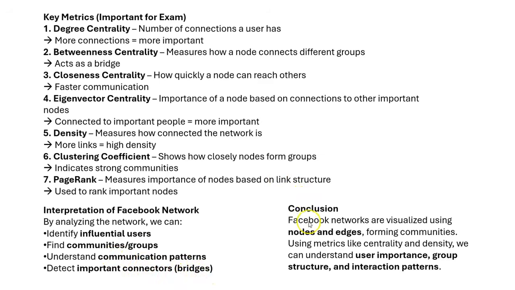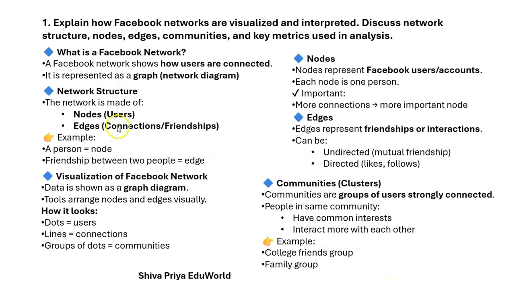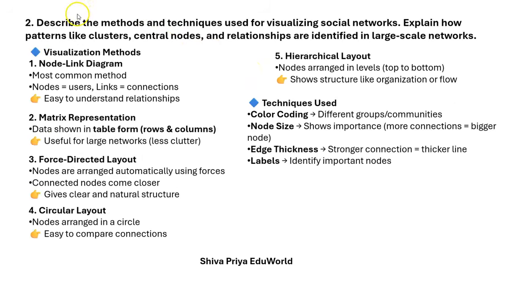And finally, in short, Facebook networks are visualized using nodes and edges, forming communities as well. Using metrics like centrality and density, we can understand user importance, the group structure and interaction patterns as well. This is all about the Facebook network, how we can visualize and interpret it, and the edges, nodes, communities and key metrics. Clear? The second question is: